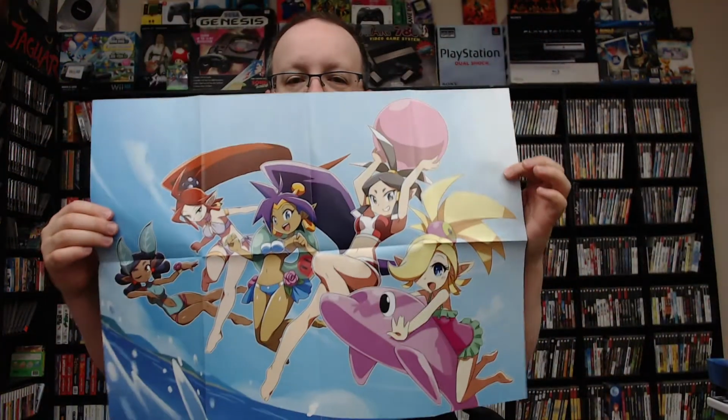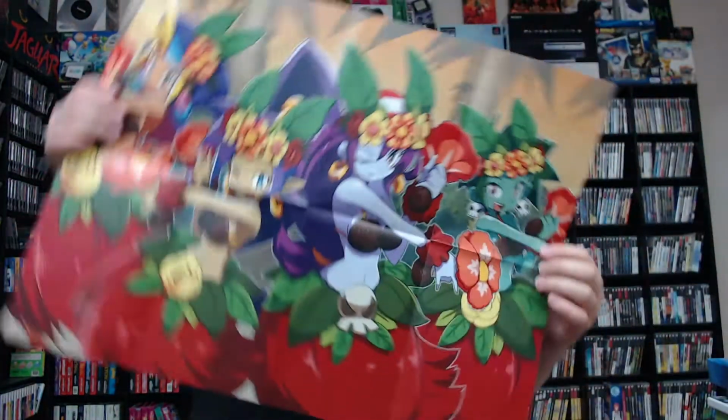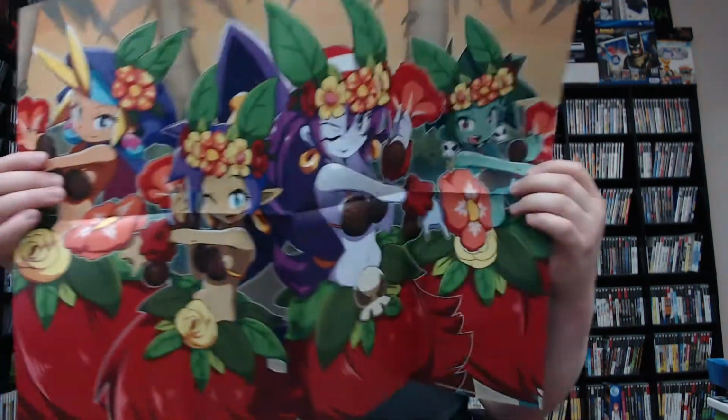A very large poster. I'll have to back up just a little bit so I can open this thing up. Oh, and it's double-sided. Look at that. So there is, it looks like, swimming fun and some kind of Hawaiian type setting. Good stuff. And it looks like there was one other thing in here. Oh yes,